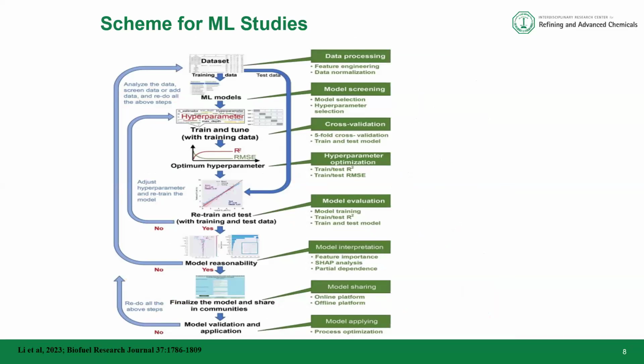So you start from the data set. The data set is what you generate either experimentally or you obtained from the literature. And mainly the first thing is to do data processing. Maybe there is an outlier in the data, so you try to screen the data to do what is called feature engineering, and then also you try to do data normalization. That means if you are dealing with different features that have different ranges, you have to normalize them so that they can fall in a certain range. Mainly people use the 0 to 1 range.